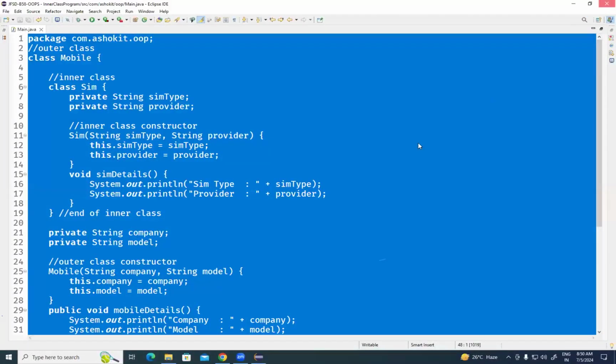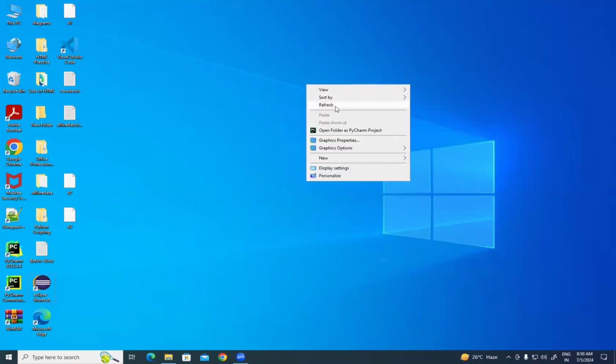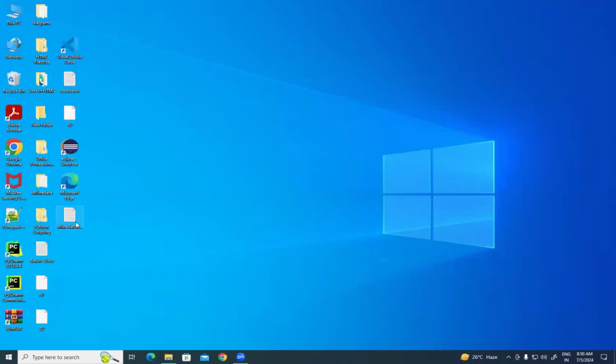So tomorrow we will discuss. Today we discussed the concept of inner classes. Okay. So tomorrow we will start with the concept of inheritance. What's the concept name? Inheritance. Yeah. Tomorrow we'll start with inheritance. Okay, sir. First, let me copy the notes, and upload the notes for you, so that you people can